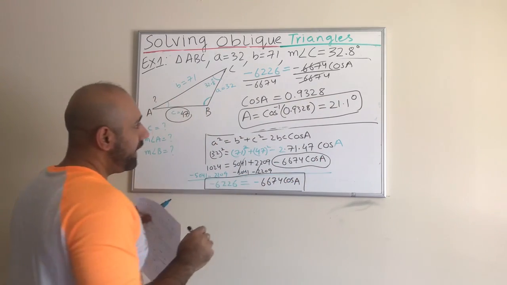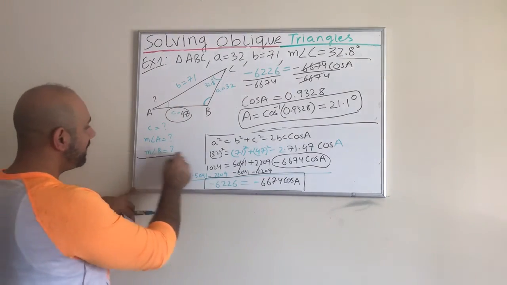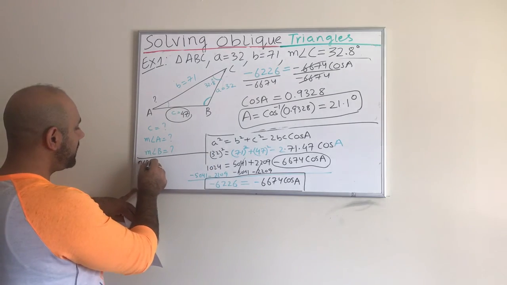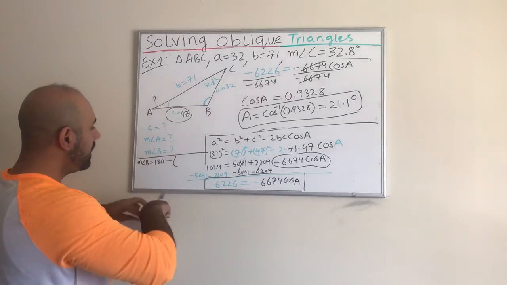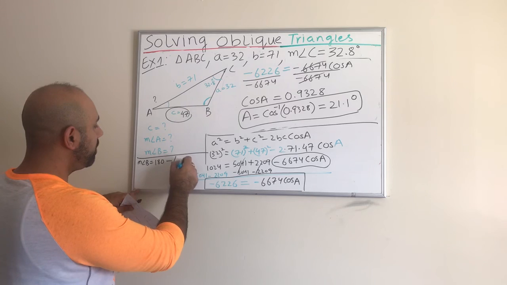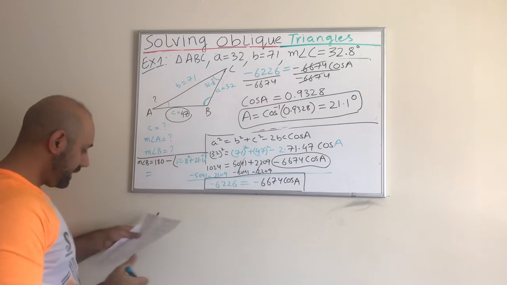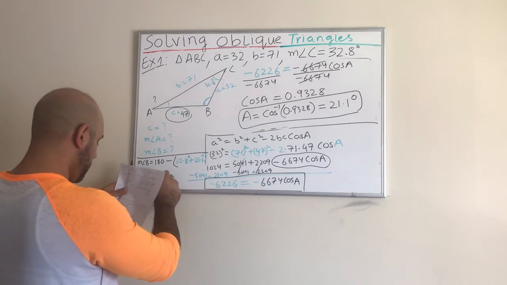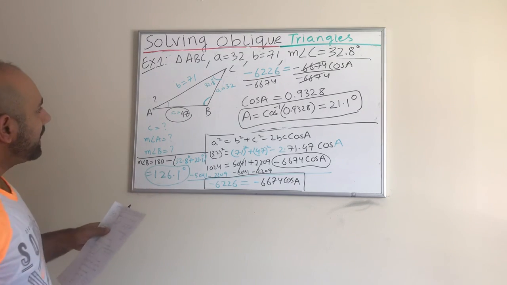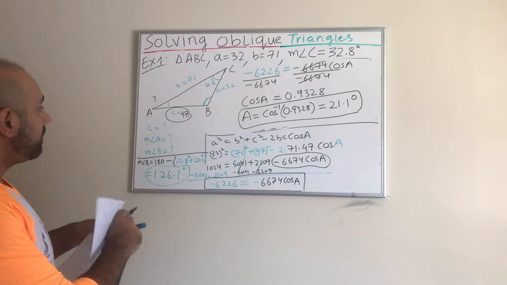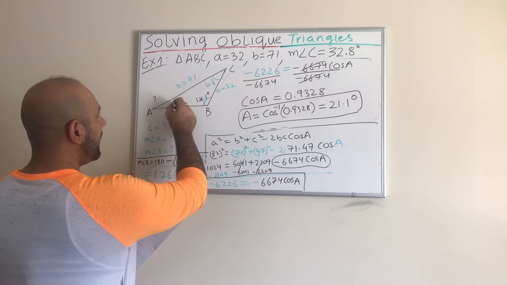So guys, I have the value for A. I already have the value for C. Now I can easily find the value for B. So let me find the measure of angle B. The measure of angle B is going to be 180 minus, because the sum of these three angles is 180, minus the sum of the other two. It is 32.8 plus 21.1 degrees. And guys, when I simplify this, I get 126.1 degrees. So I have everything that I needed. I have the lengths of the three sides, and I also have the measures of all three angles. So B is 126.1 degrees, and this is 21.1